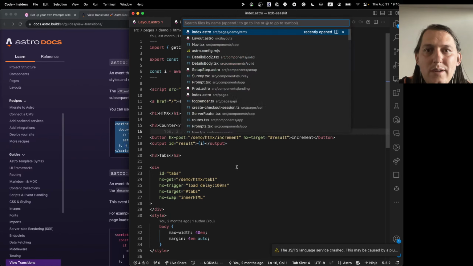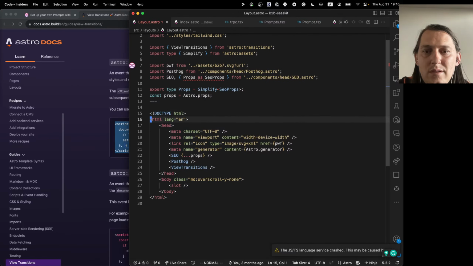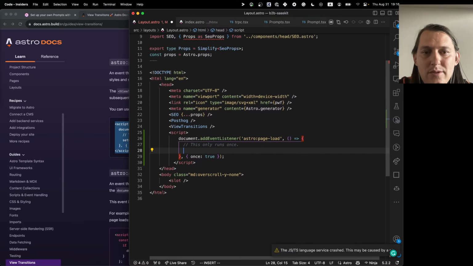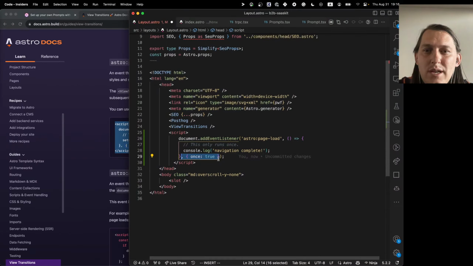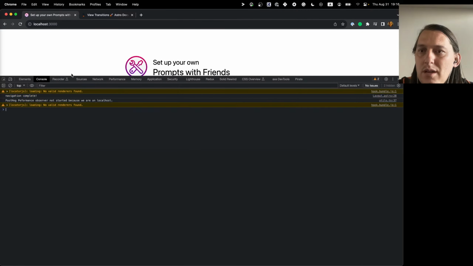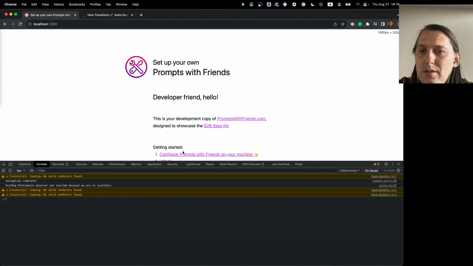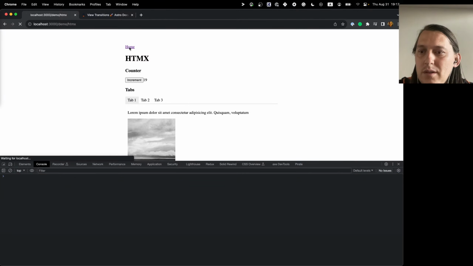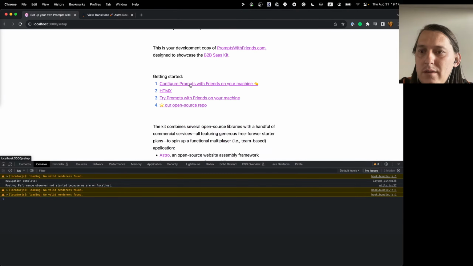So I go to layout and then where they have ViewTransitions, I do console log navigation, and yeah, I don't know the stuff about once. What does it change? But okay, so navigation completed. Now if I'm clicking on HTMX, I don't get the navigation, but if I click here, navigation completed. But if I go to setup,